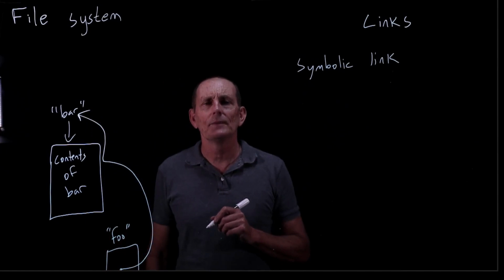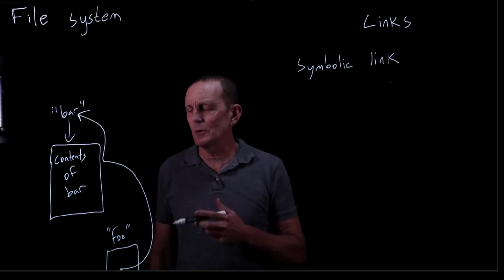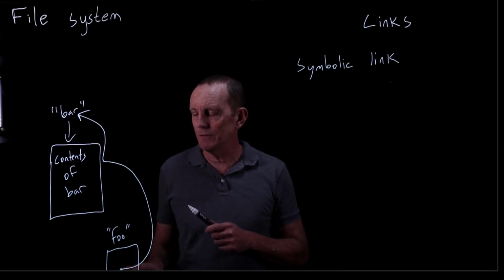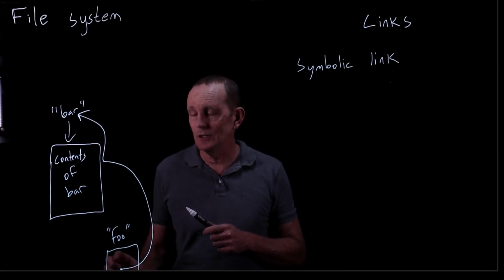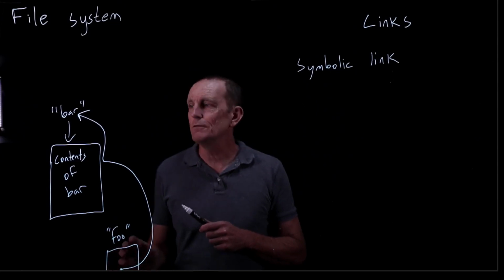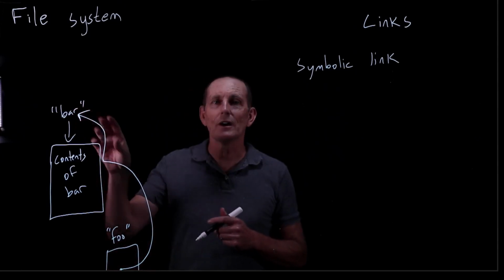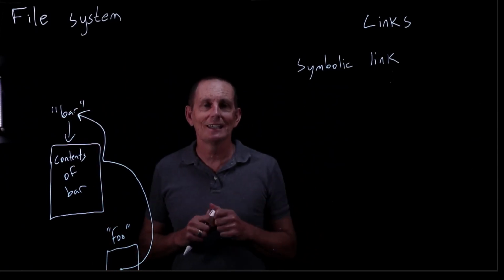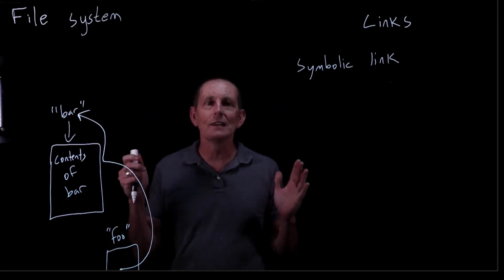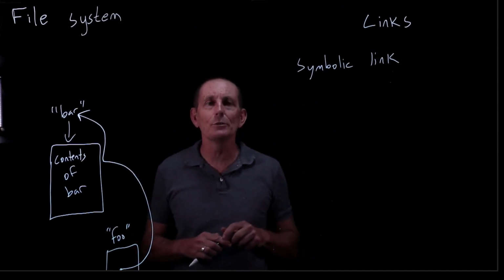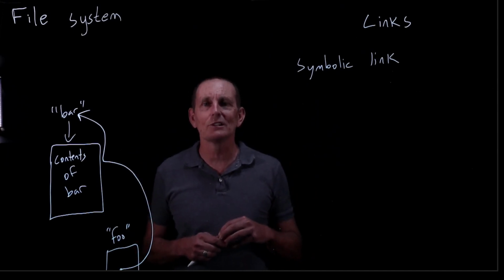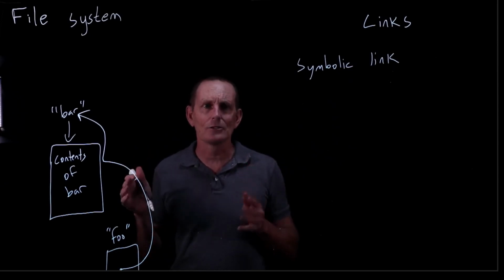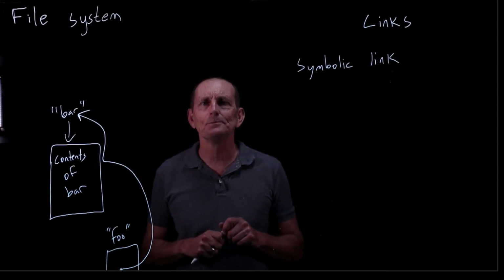So what does this mean? Well, this means a couple things. First, when you try to access foo, it's going to have to hit 2 files. It's going to first look at the contents of foo, find basically the reference to bar, and then go to bar. Can you have multiple symbolic links in a chain? Yes, you can, although there is a limit as to how long that chain can be. You certainly wouldn't want to have loops. There's no check in the operating system for loops explicitly, but at some point, I think it's about 8, it figures, oh, I must be in a loop because this is crazy that I would have that many symbolic links, and so you get an error.